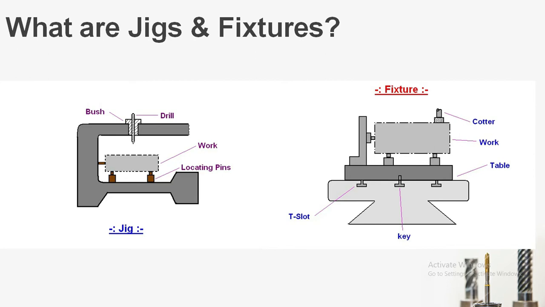So you can see there are different components of a jig and fixture that we will be seeing in the next part. So from this slide it is clear that a jig is a basic device which consists of a plate and a bushing, which will always guide the tool and support the tool for repeated operations, and a fixture is that device which holds and clamps the workpiece and helps the workpiece to locate on the machining table at a proper or accurate location.